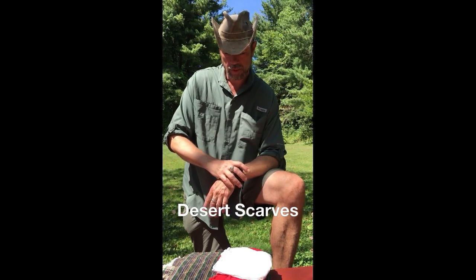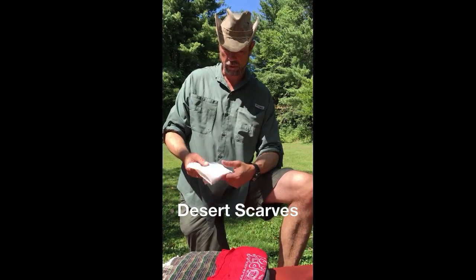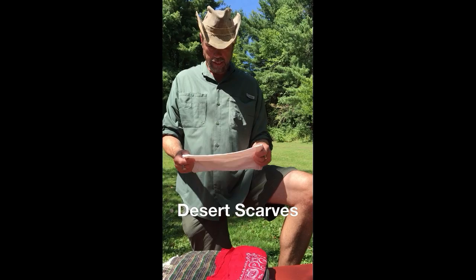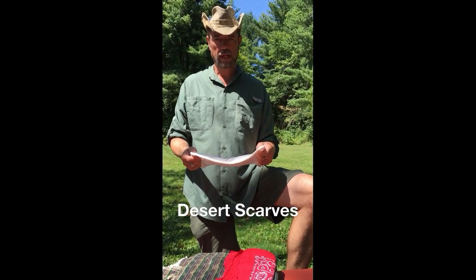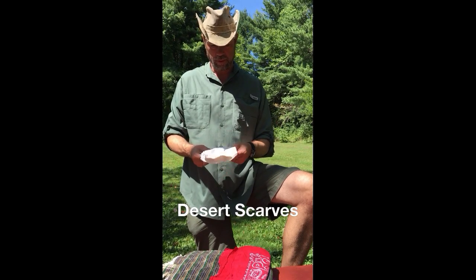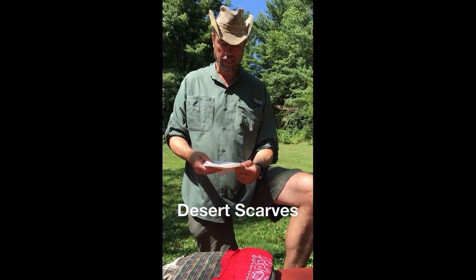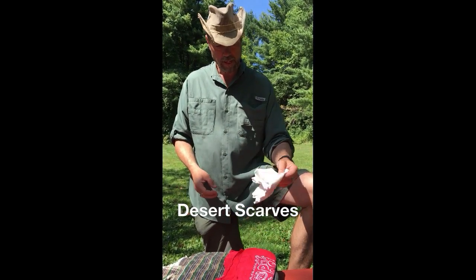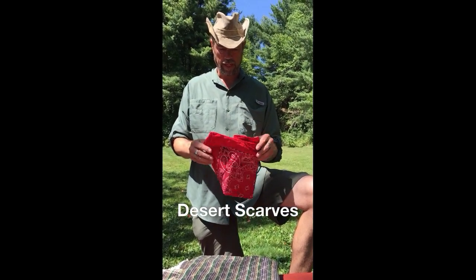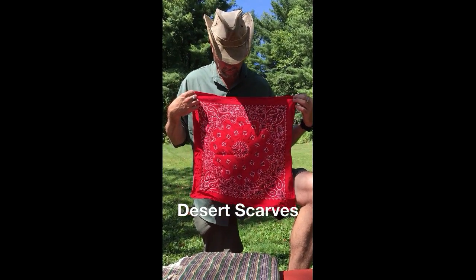So there's a couple different ideas about the idea of sort of a cloth that we might carry. This is a handkerchief, and I carry one of these each day. It's kind of an old-fashioned idea, but I do. I use them a lot. One, I blow my nose on them, but I also use them if I don't have a napkin. I can also use it if I'm bleeding. It's surprising how often I reach into my pocket for the handkerchief, but it's too small to do anything really outdoors with. And then this is the traditional handkerchief, bandana style thing,